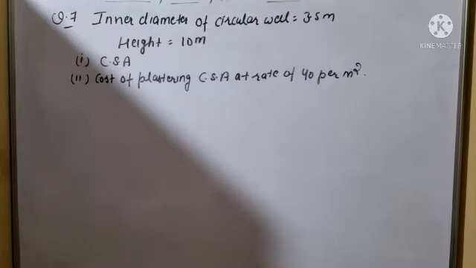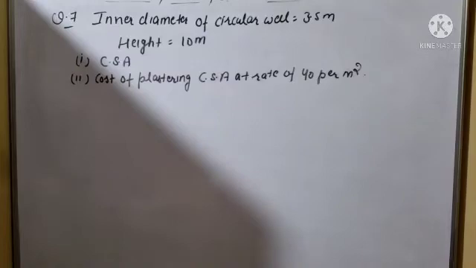Simply, curved surface area means 2 pi r h, which is given as 4.4 meter square. And radius is given 0.7 meter. Simply 2 pi r h is equal to 4.4; put the value of radius and height will be as it is, and find out the value of the height. So you can do this question yourself, question number 6. Already we have done this type of question. In the first question we found the diameter, but here you have to find the height.